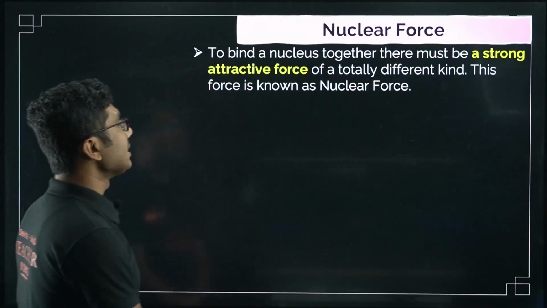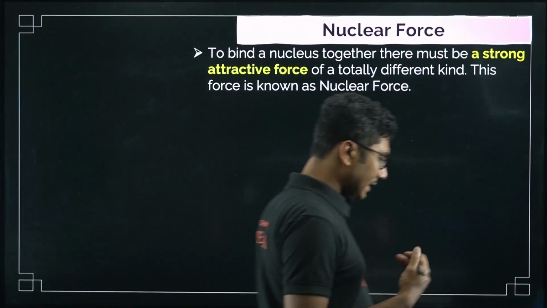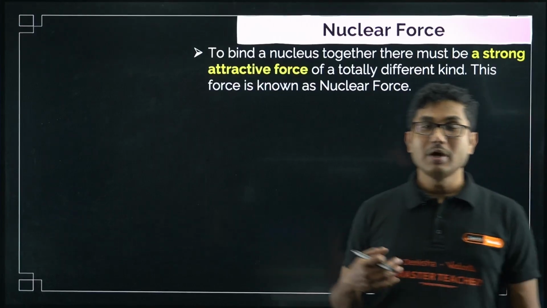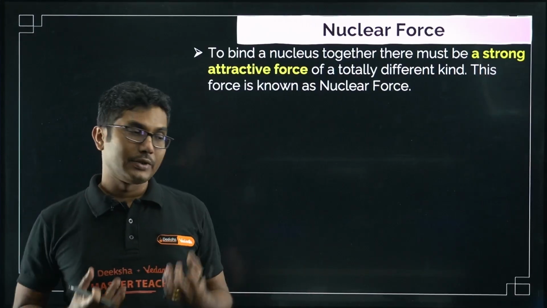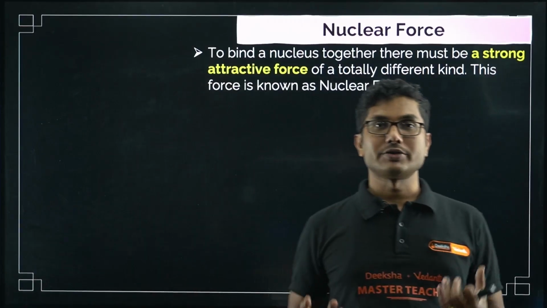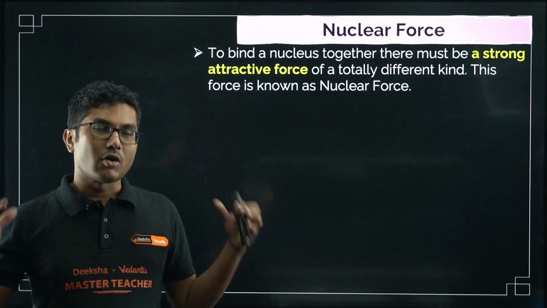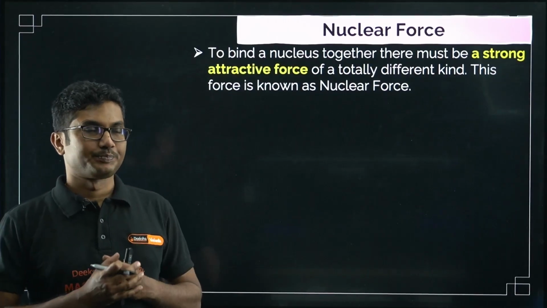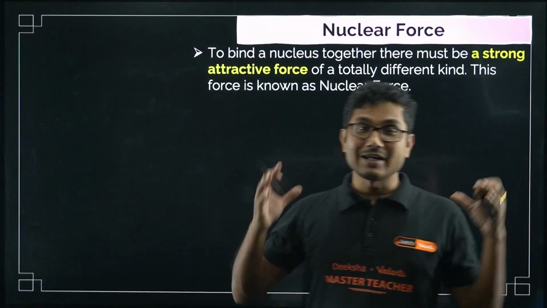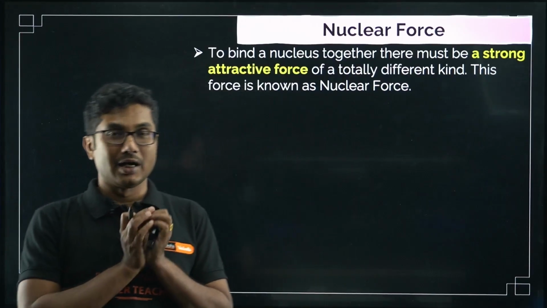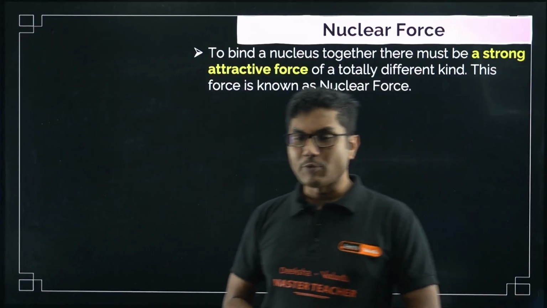To bind the nucleus together, there must be a strong attractive force. So we are talking about binding energy. Now let us discuss force. In the nucleus obviously there are a lot of positive charges, protons, not only hydrogen, there are heavier elements, right? For example, iron has a lot of protons present inside it. We have taken the example of gold, which has 79 protons, and they are tightly bound in a very small area. We have learned that the size of the nucleus is very small, right? So how is it possible?